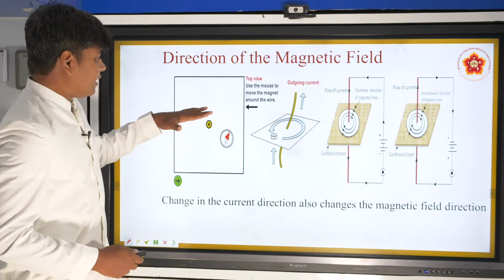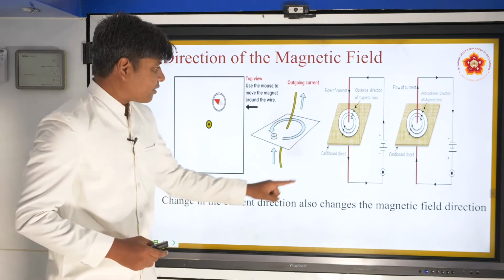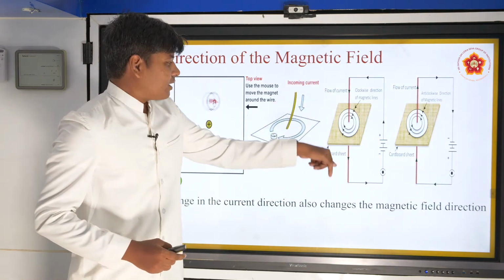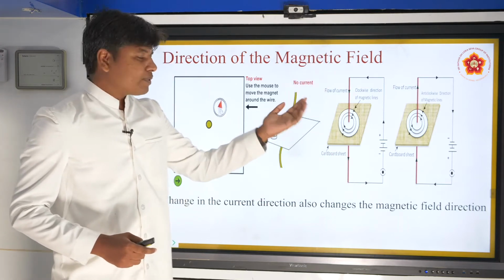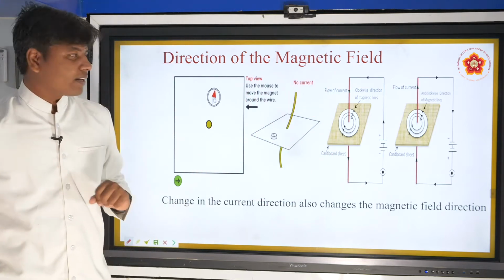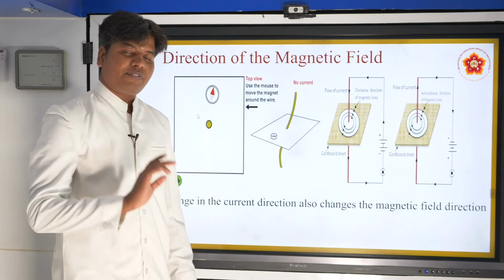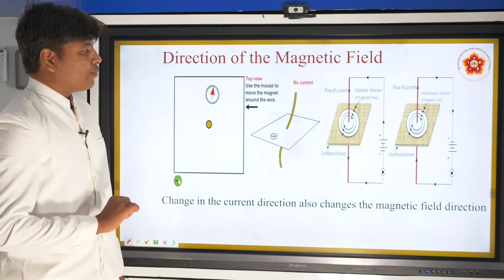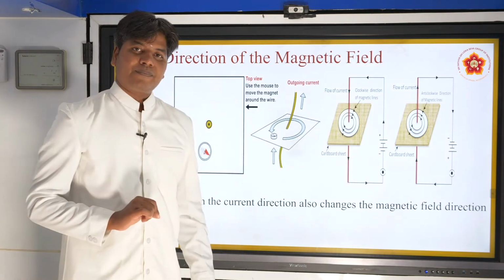So seeing this experiment, we can conclude that when I am changing the current direction, one time it is going into the board, one time it is going outside of the board. That means I am basically changing the direction of the current, which also changes the direction of the magnetic field lines. Now in the experiment also, we have observed that when you increase the current,